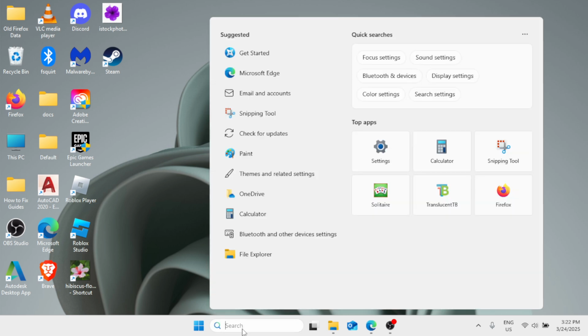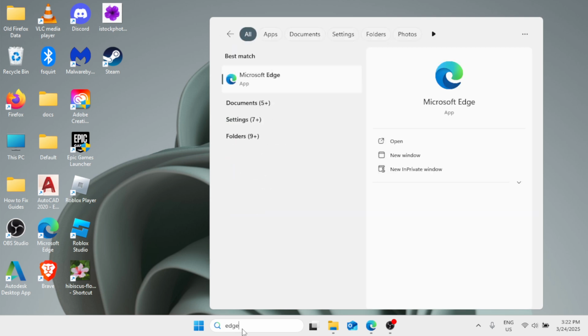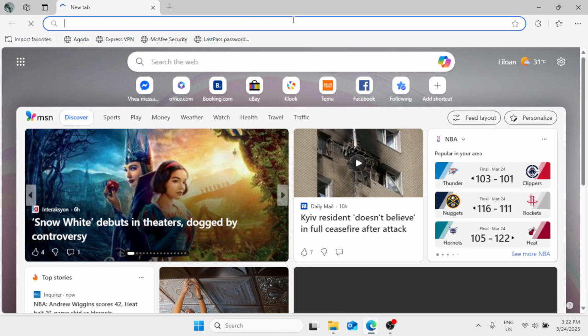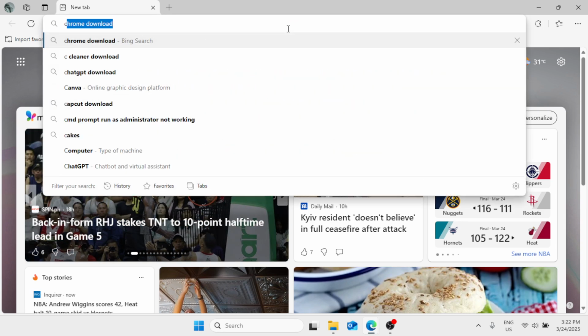Go ahead in the Windows search bar and open the default browser of your Windows, which is the Microsoft Edge. So type Edge. Click on Microsoft Edge under the best match. Now maximize it. In the search bar, you need to simply type Chrome